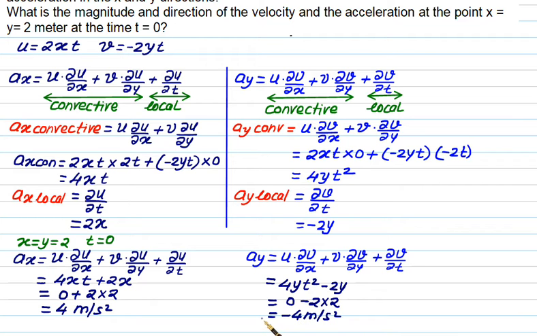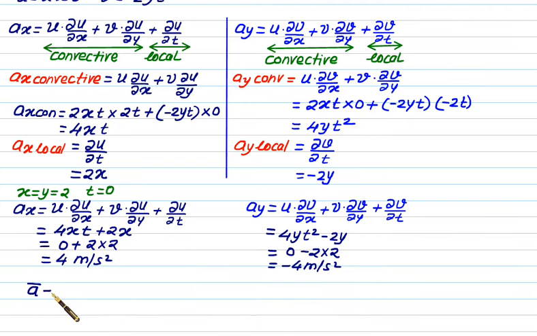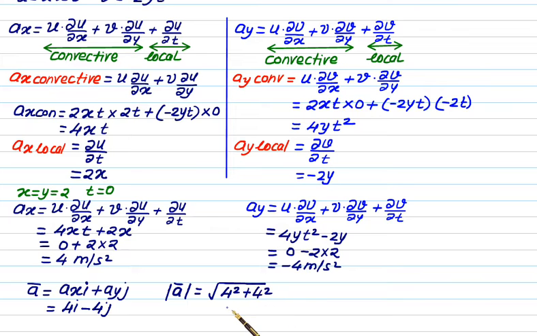The total acceleration vector a bar is written as ax i + ay j, which is equal to 4i − 4j. Therefore the magnitude of acceleration is the square root of 4 squared plus 4 squared, which is very close to 5.66 meters per second squared. So this is a general numerical, and this type of question is normally asked if you are given the velocity vectors.